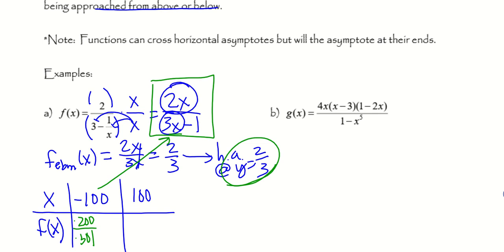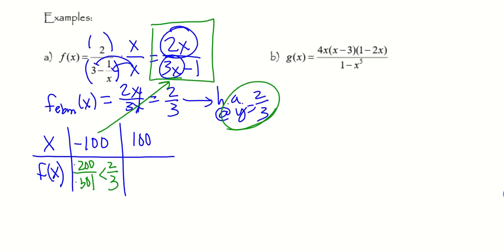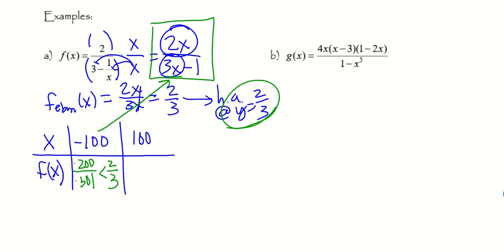200 divided by something bigger than 300 is going to be less than 2/3. So what that tells me about my graph is that my function is going to approach my horizontal asymptote from below 2/3 on the left end. If we take 100 and plug it in,